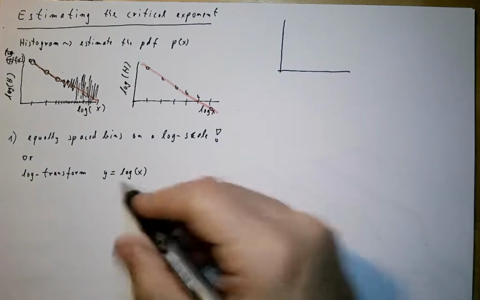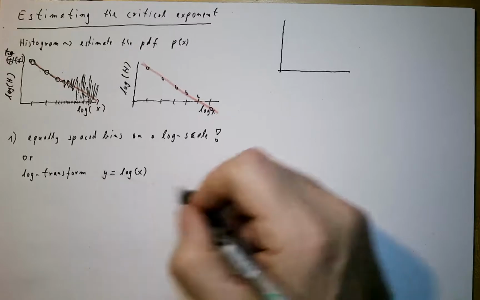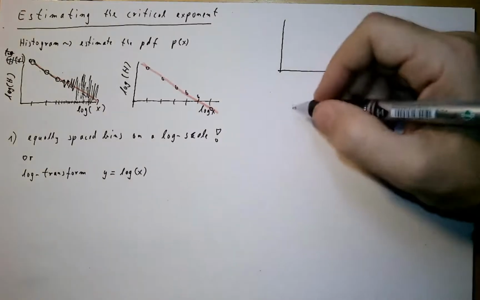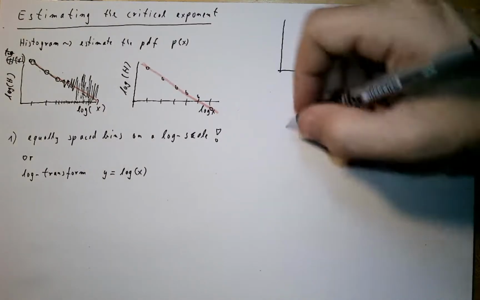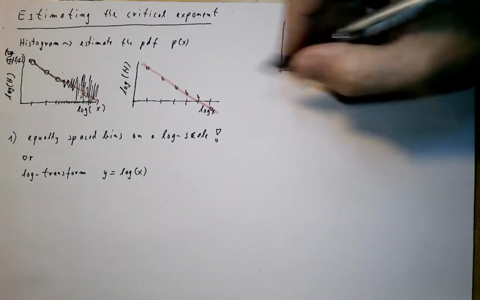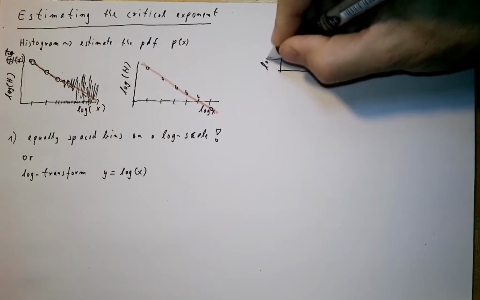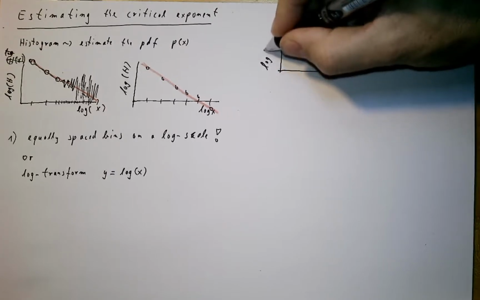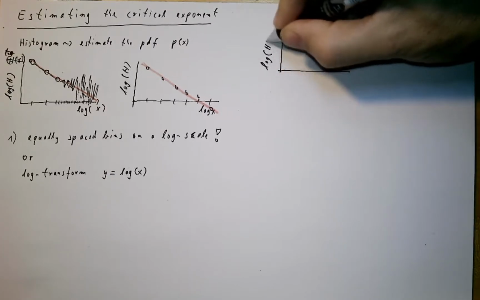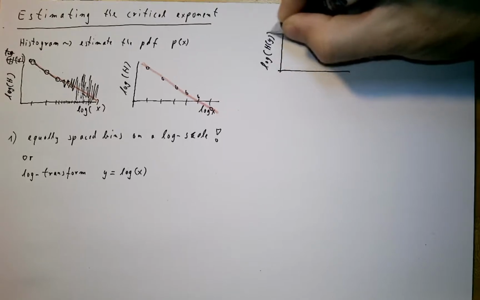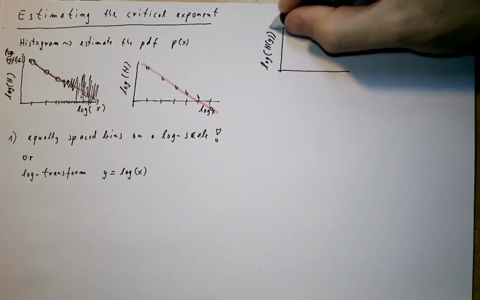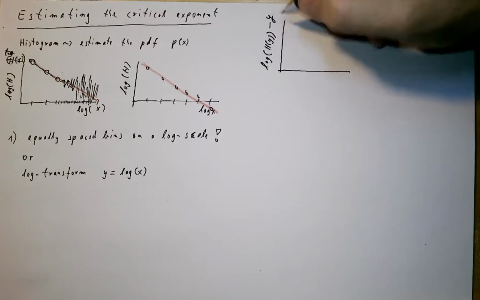Now we take the histogram of y. Because we have a log scale, we take the log of the histogram of y, and then we need to subtract y again,